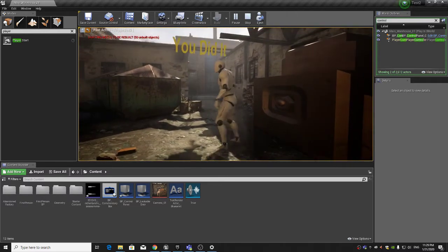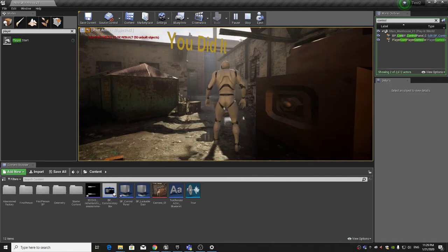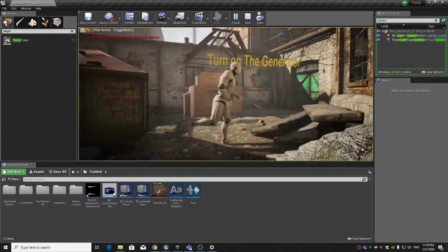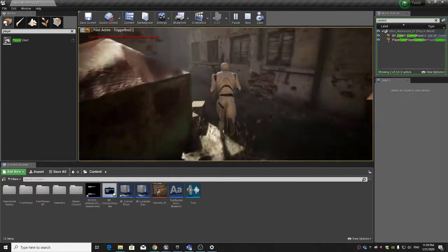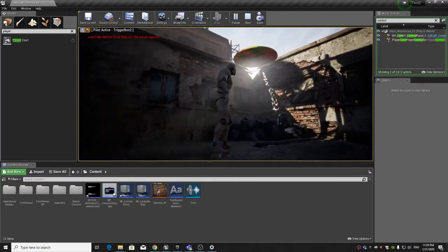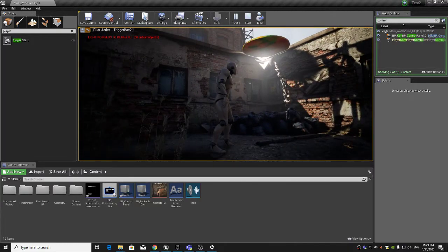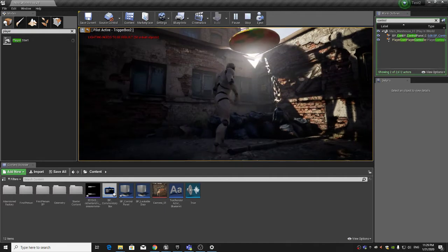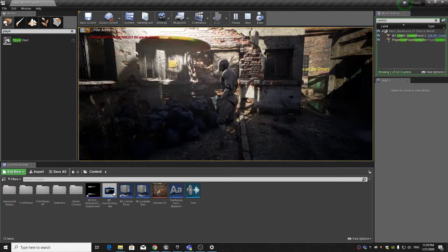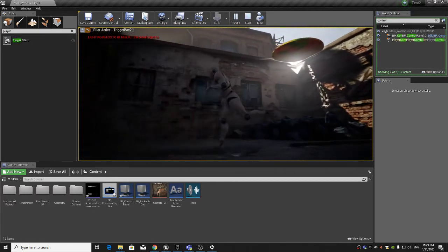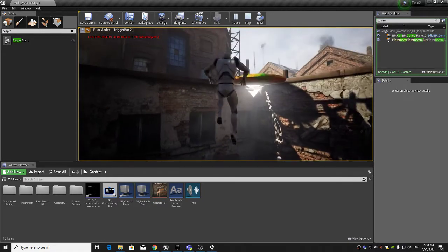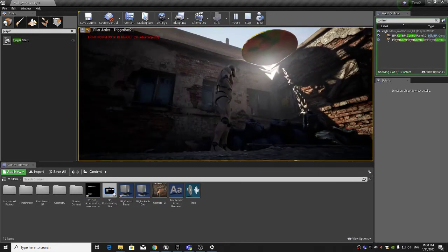So now the player knows where to go with their triggered sequence. As the player moves back, it says turn on the generator again. As we go back here, we can see our brightly lit platform that moves from that triggered event. This is really nice because it shows how a game is supposed to lead the player and where the player is supposed to go. I was having a little bit of trouble getting the platform to be in reverse,